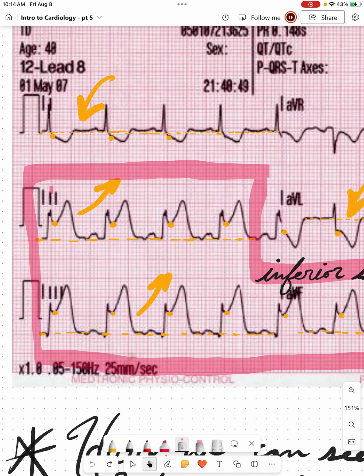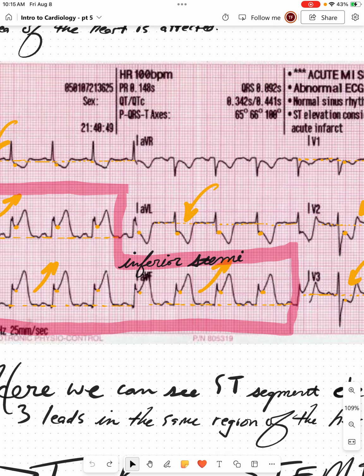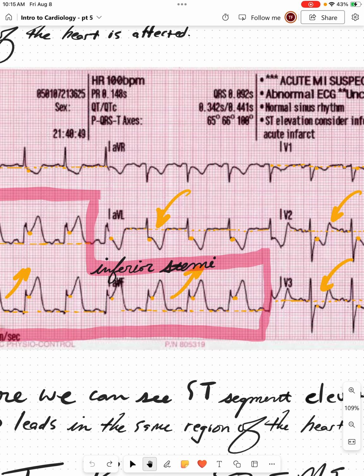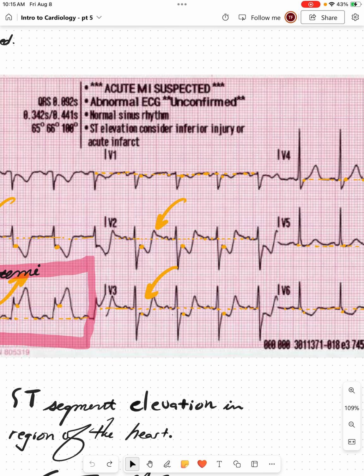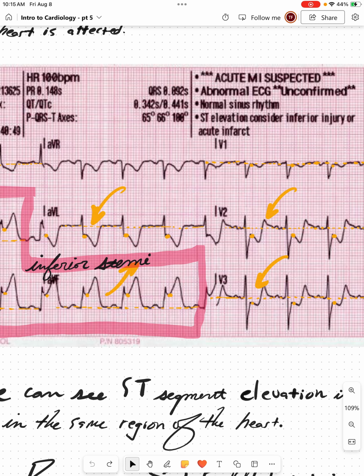Moving down the line, we have elevation. Elevation. Sorry, I'm having some issues with my touchscreen. Okay. AVL, depression. AVF, elevation. V2, depression. V3, depression. And V6, depression. So,